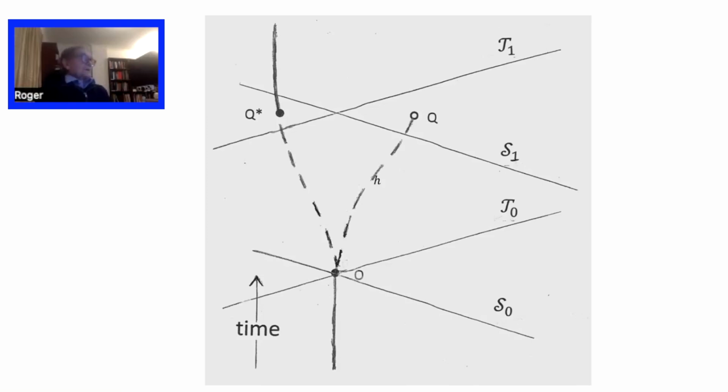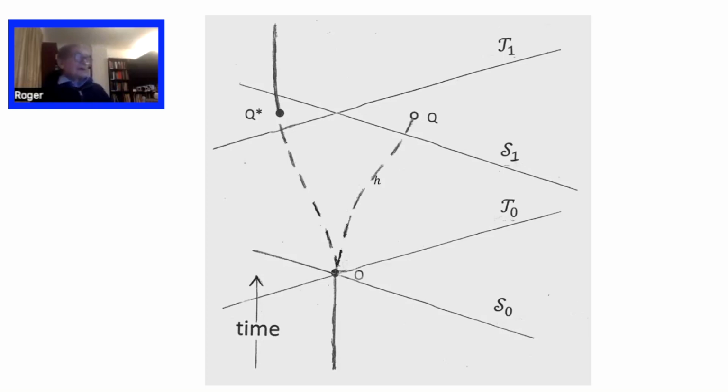Now let's suppose it reduces itself to the point Q star as opposed to the point Q in this picture. And so its reality becomes entirely at Q star afterwards. But you see, when does this happen? Now, it depends on which frame you look at it. I have two possible observer frames, one with S1 and the other with S0. And the S0 or T0 is the initial start. And then as time progresses, you have the simultaneity lines representing S1 and T1, and they're not the same.